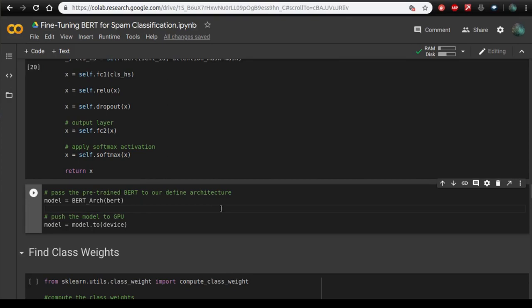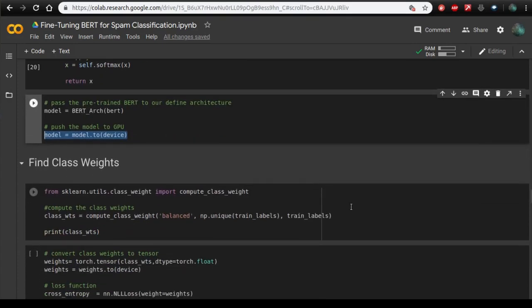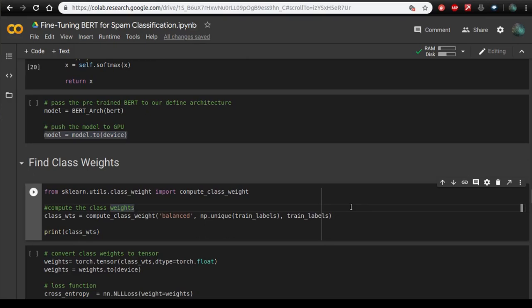Moving on, here I will instantiate this architecture of BERT and pass this model to GPU. Now since the distribution of classes in our dataset is imbalanced, here I will compute the class weights with the help of sklearn's compute class weight. I'll use this function and compute the classes for my labels in the train set.